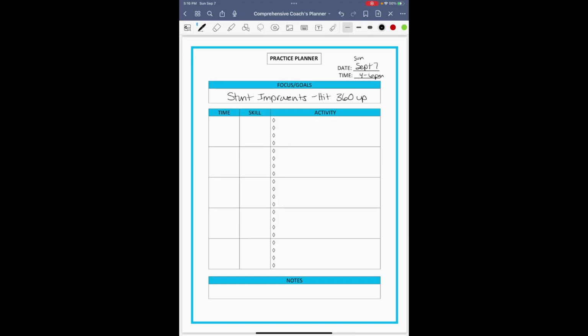So now that I have my goal and my focus for the practice set, I'm going to work on filling in the skill column first. In other words, what order do I want to see things happen at practice? So that might start with